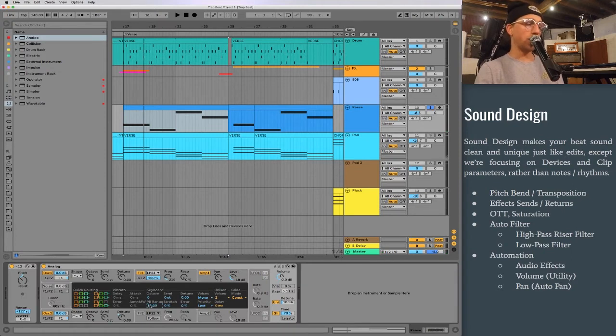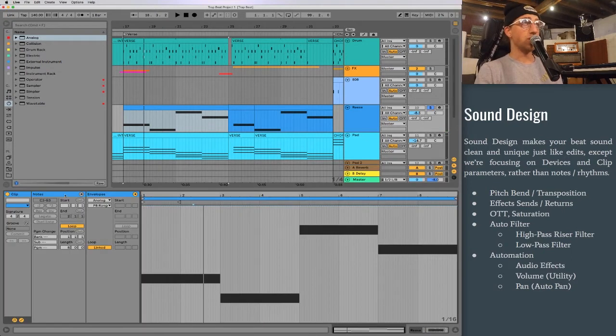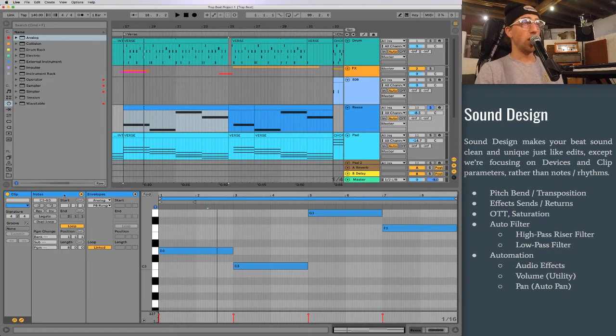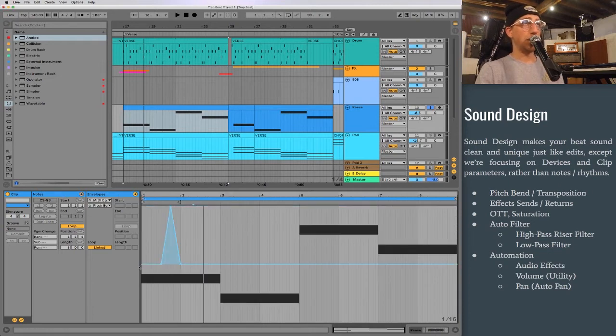That's a whole octave. So this note here, if we go back to our notes part of our clip, you can see that we're on a D, and pitch bending it all the way up is going to pitch it up to a D an octave higher. Pretty cool. I'm going to go ahead and delete that,